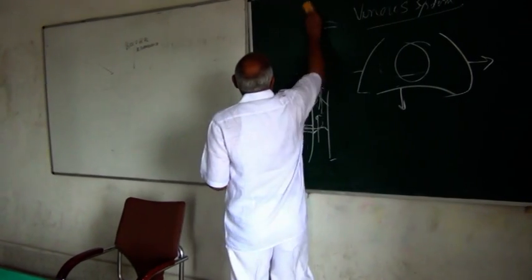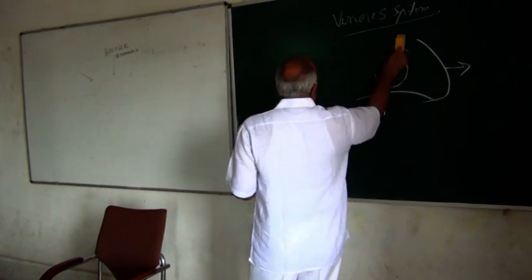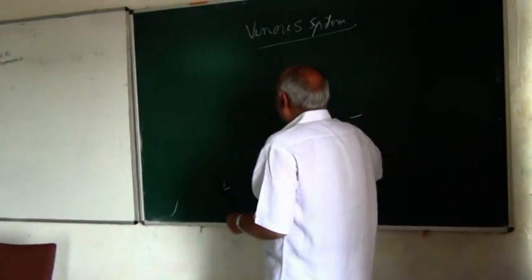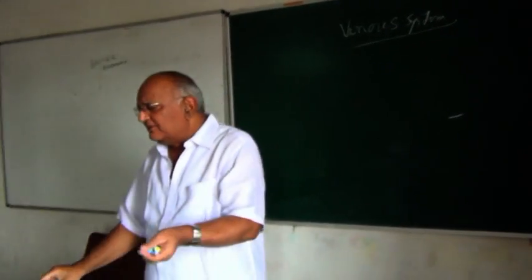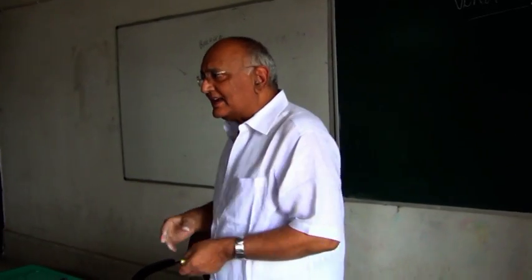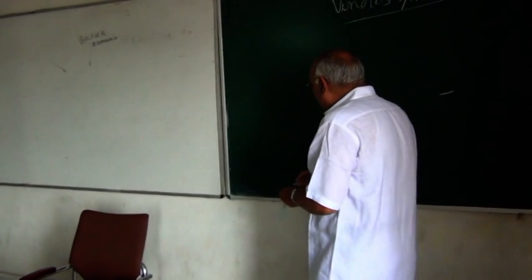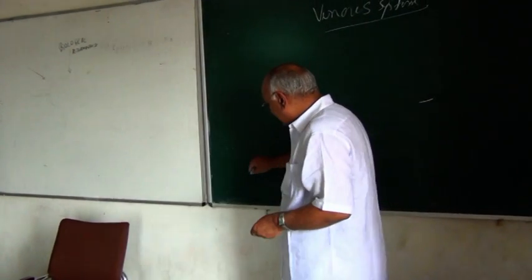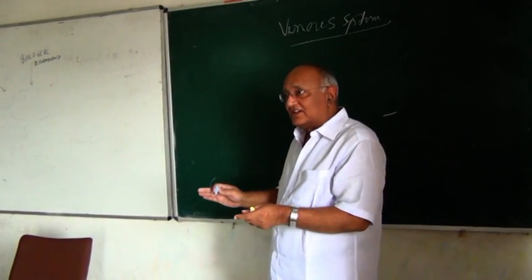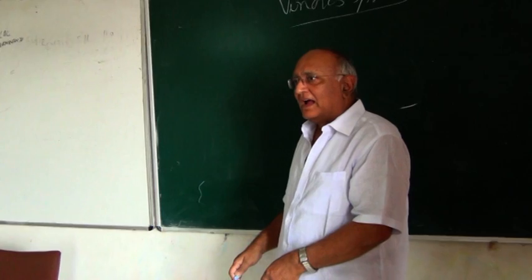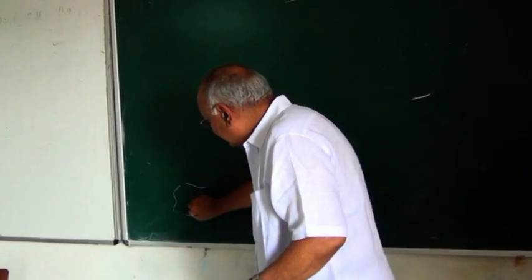With this background, we will try to see how the venous system of the different parts of the body is formed. As far as the venous system is concerned, one thing you should remember is that everywhere there are two systems, as I was saying, superficial and deep. So in the inferior extremity, in the arteries we talk about arches: the dorsal arch and the plantar arch. So from those arches the veins start.